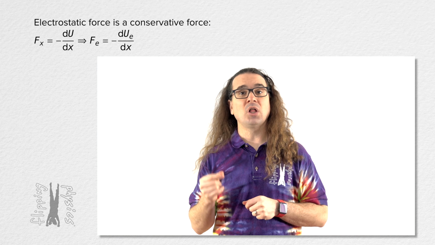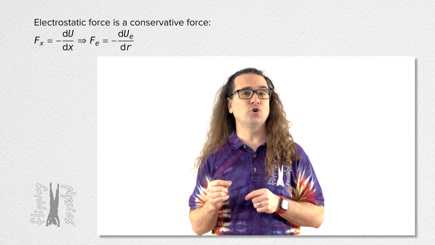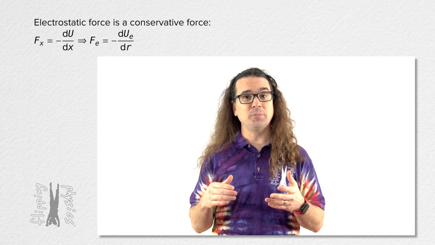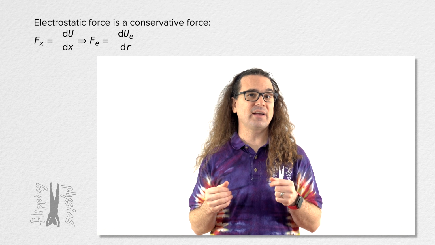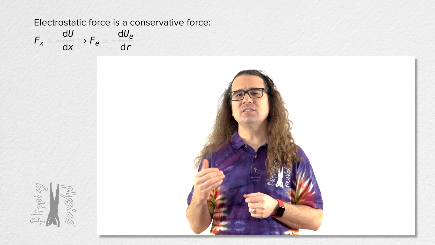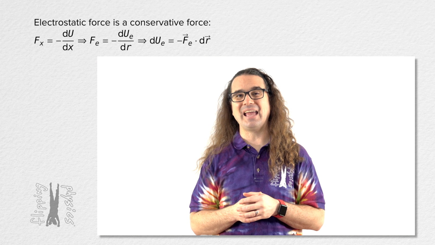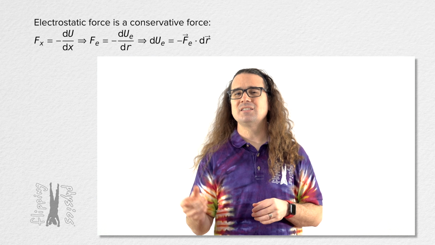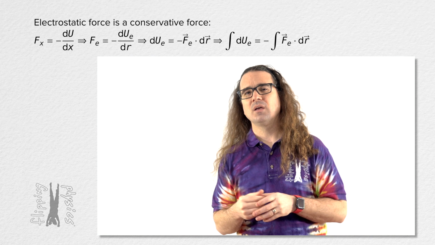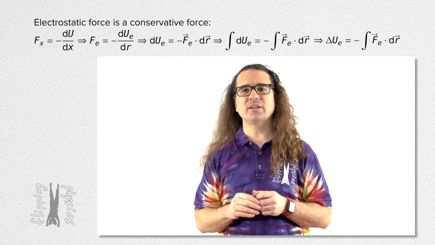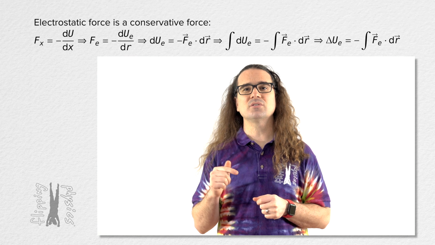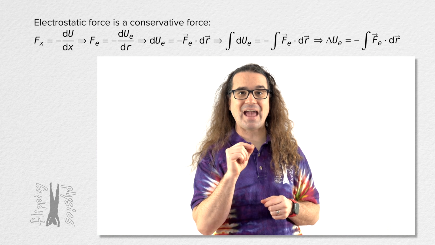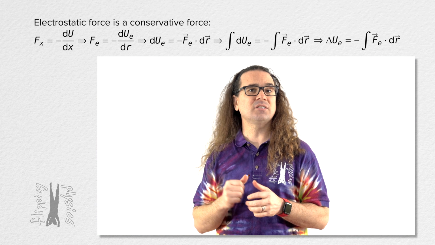Let's use the more general r variable to identify it could be any direction. We can rearrange that equation, and because it has to be the force in the direction we are taking the derivative, this is actually the dot product of the force and the infinitesimally small change in position dr. Take the integral of both sides, and we get that the change in electric potential energy of an object equals the negative of the integral of the dot product of the electrostatic force acting on the object and the infinitesimally small